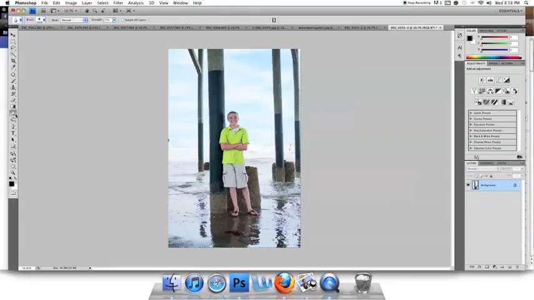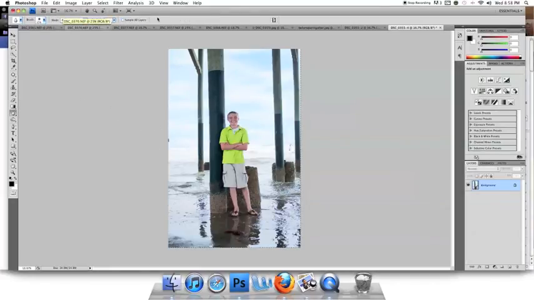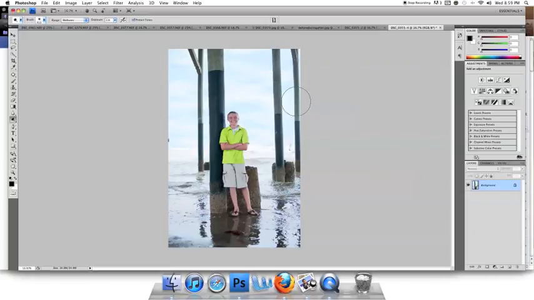One of the things I do end up doing is I grab the blur tool, usually at about 75%. As you can see, it's already set because I've done it before. I like to blur the line of those. Alright, and if you think the top is too dark, you can just reach over here and grab the dodge tool, and you can just lighten it up however way you want it. Or you can switch to the burn. And I like to darken the edge of a picture to give it